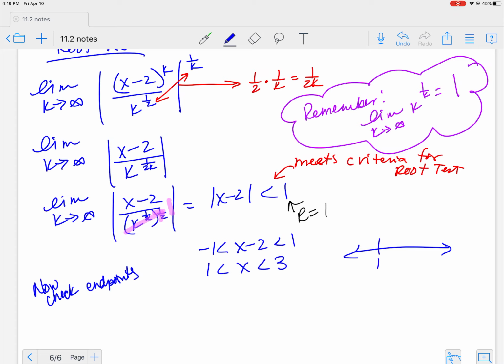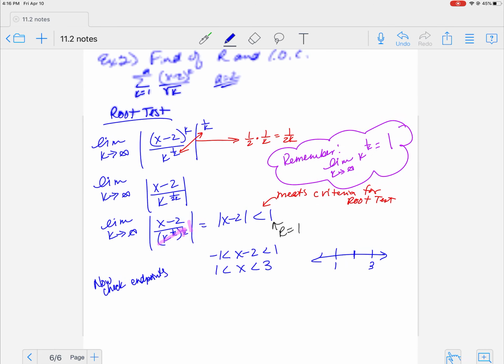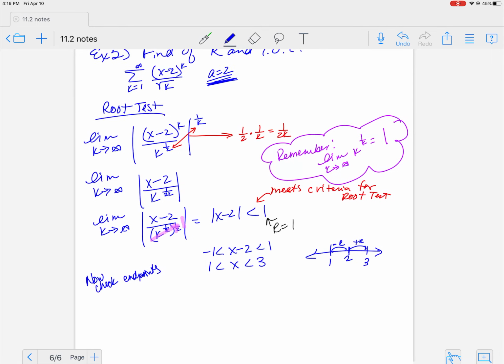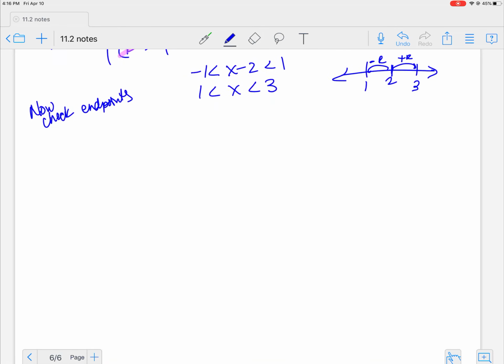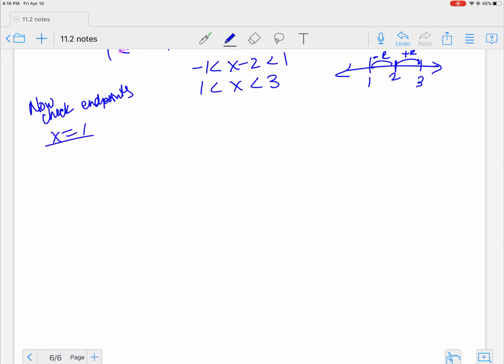So I know that I've got this interval here from 1 to 3, and my radius of convergence is 1, which is cool because we also know my center here is 2. This is plus r, this is minus r. The question is, what's happening at those endpoints? Remember that x minus 2 to the k there, because we're going to be plugging it in. Now, if I'm checking x is equal to 1, plug that back into your original. The sum from k equals 1 to infinity of (1 minus 2)